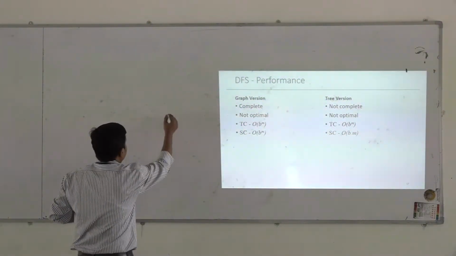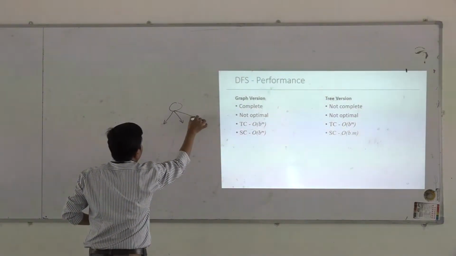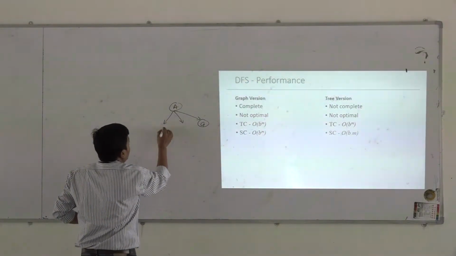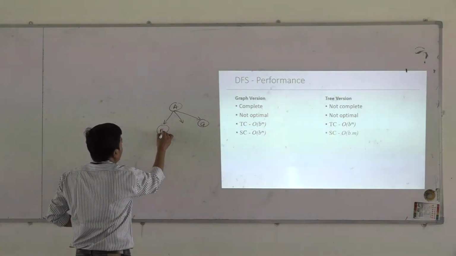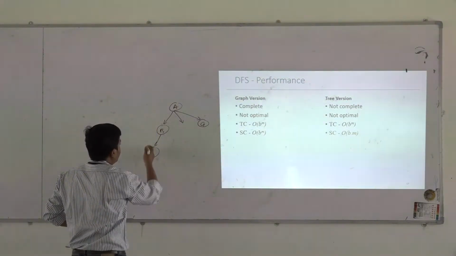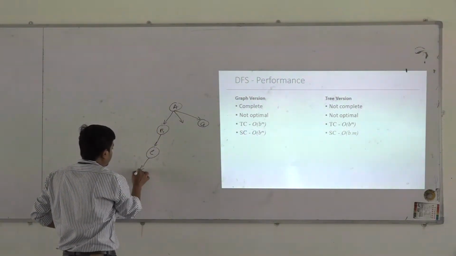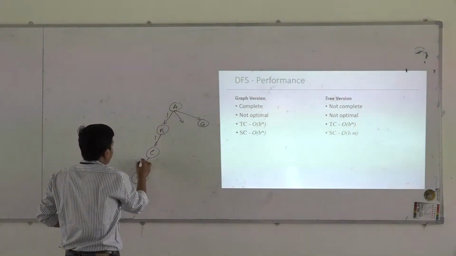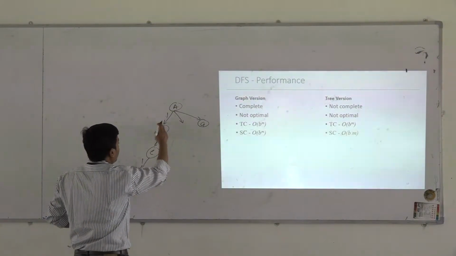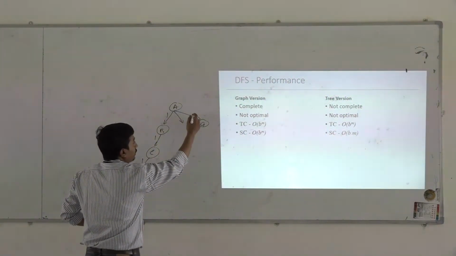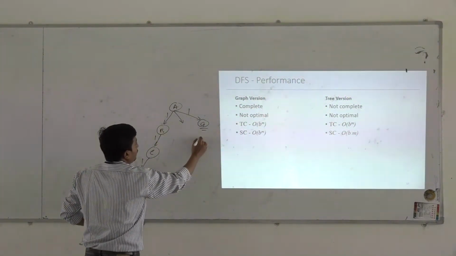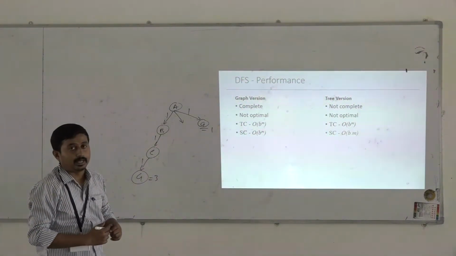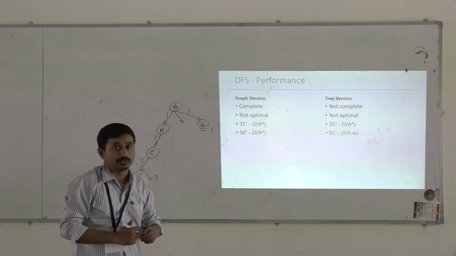Why? Consider this is a goal. According to the working of DFS, you will go to the deepest level of the left branch. And consider G is also here. Now consider for every action you are incurring one unit cost. So the cost of this G is 1 and the cost of this G is 3. So it is not guaranteed to get the optimal solution.